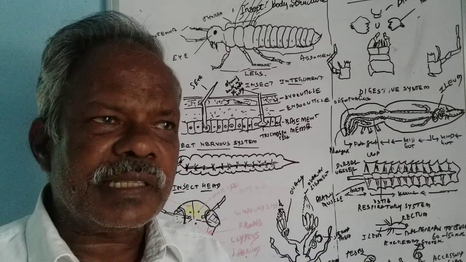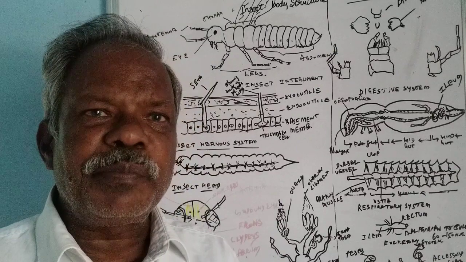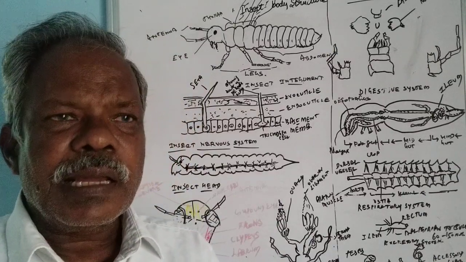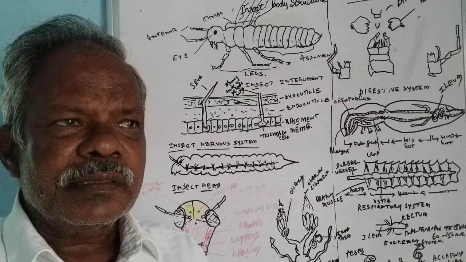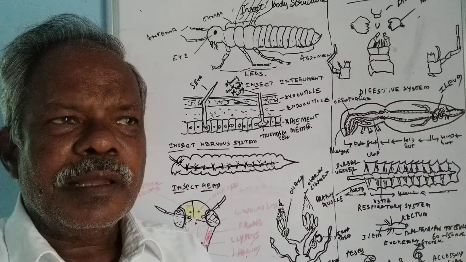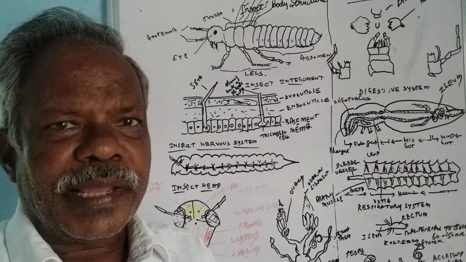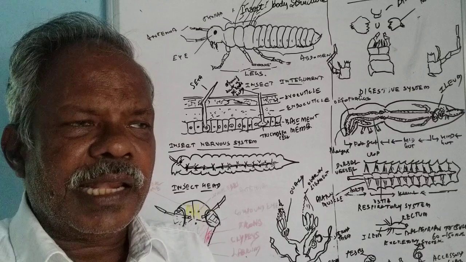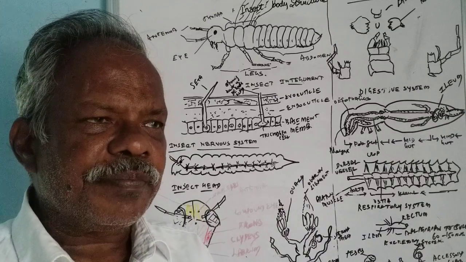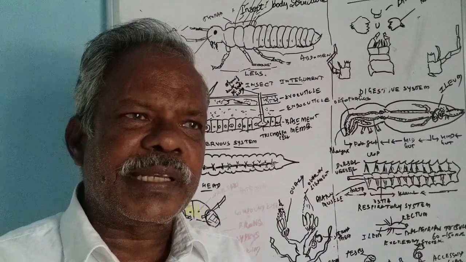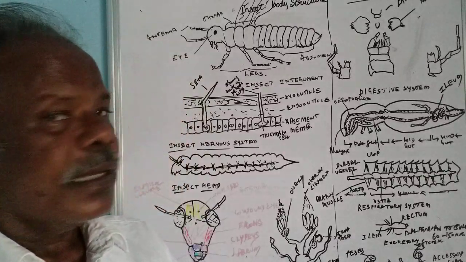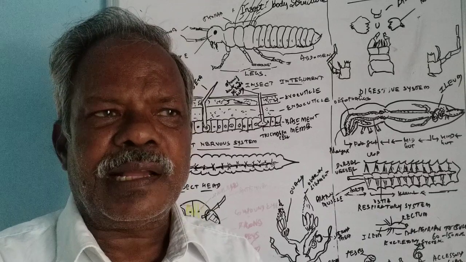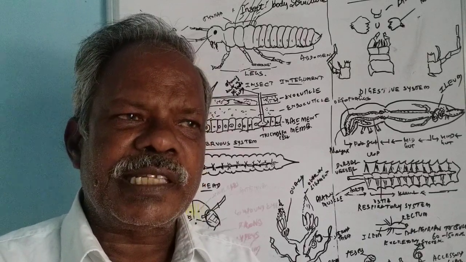Insects, you know pretty well, are primitive invertebrate organisms which have 6 legs. They come under the phylum Arthropoda, class Insecta, and so many orders are there that we are going to take up in a separate video. Already we have discussed Coleoptera and Lepidoptera. The other orders we will see in the ensuing videos.